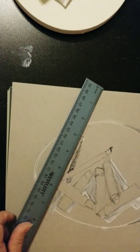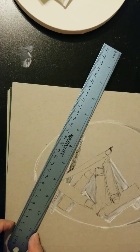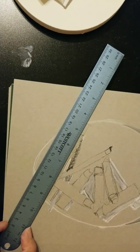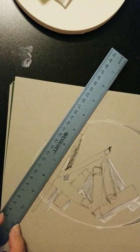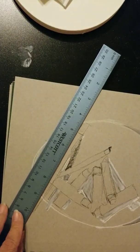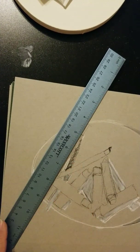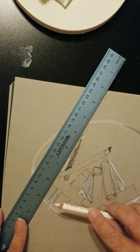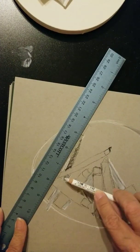So what I see now, see, remember what I was saying about using this? Look at this. I do not have this shadow anywhere in any stretch of the imagination the same shape as the object itself. The object is here and here, and look, I have a curve going on. Well, that looks silly, right? So I have to make sure that I fix that. That's one thing that I do want to fix. And I'm going to fix it by straightening it out